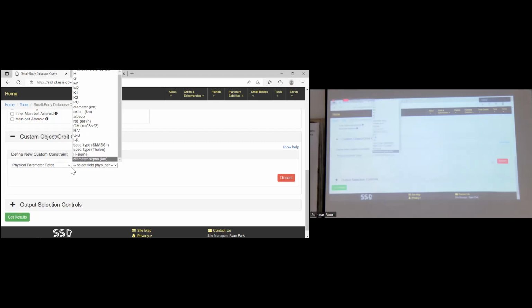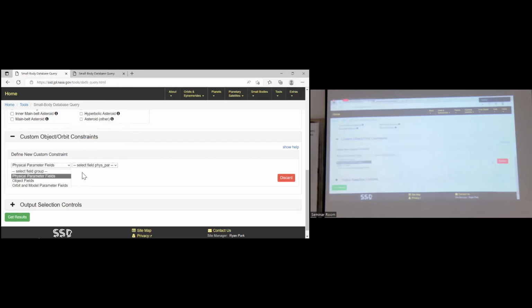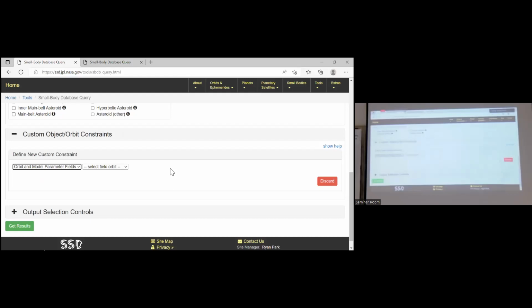No, we don't use this. Use the last one, orbit and model parameter fields, the lowest one. Select field orbit. You can collect now.